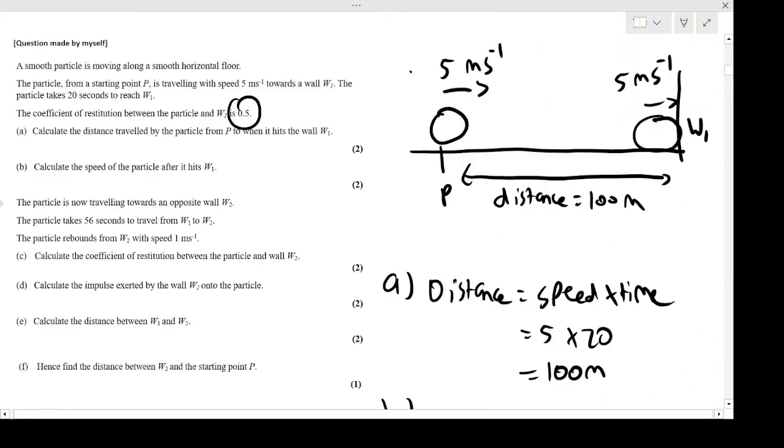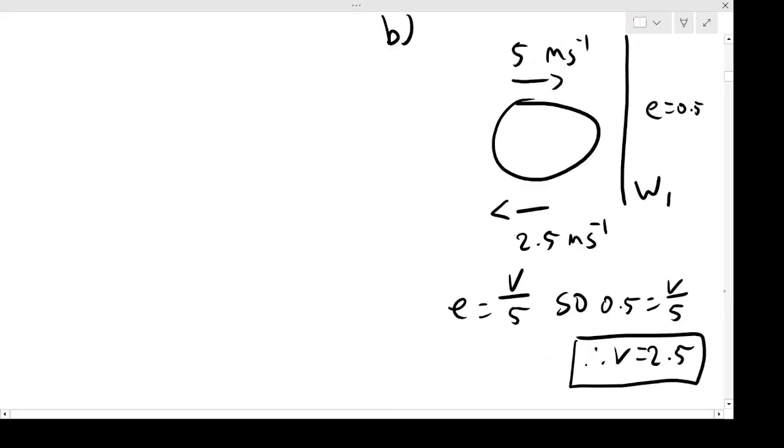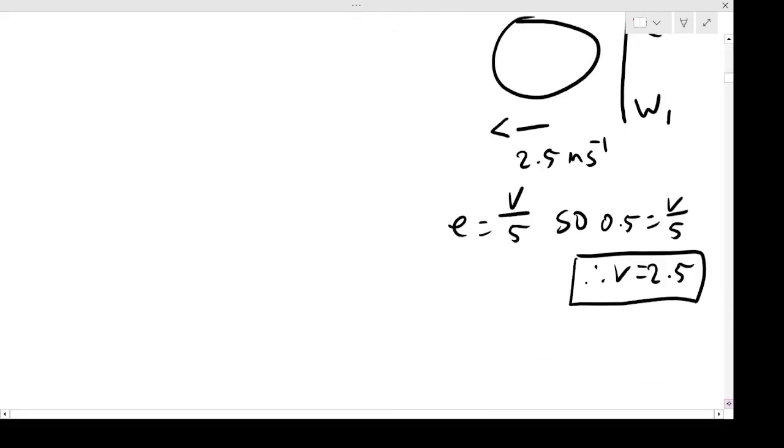Then we're told the particle is now travelling towards an opposite wall, W2, and the particle takes 56 seconds to travel from wall 1 to wall 2. The particle rebounds from wall 2 with speed 1. And so then it wants me to calculate the coefficient of restitution between the particle and wall 2. So what's happening now is, after it hits wall 1,